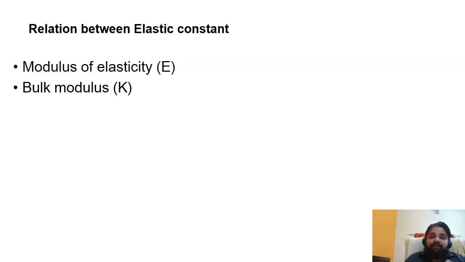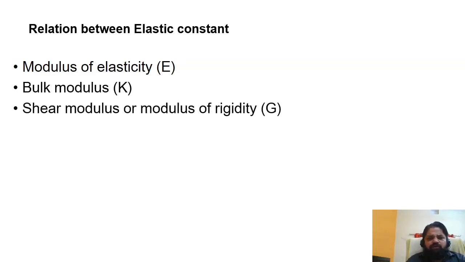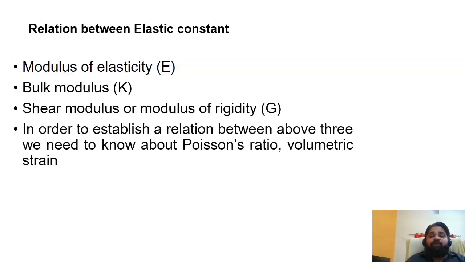As I said, E, G, nu, these three terms were well known to us, but this K, although you might have heard about the term bulk modulus, what exactly is this bulk modulus? So now an extra term is added to the properties or relations: E, G, nu and K. K is the bulk modulus. Now what is bulk modulus and how will it be calculated? Stepwise, we will first calculate the bulk modulus, then go for establishing the relationship. The shear modulus or modulus of rigidity is represented as G, and similarly we are trying to establish this E, G, K via Poisson's ratio.